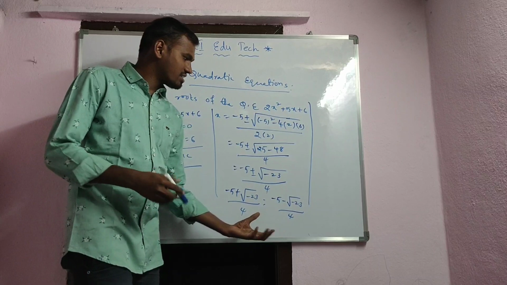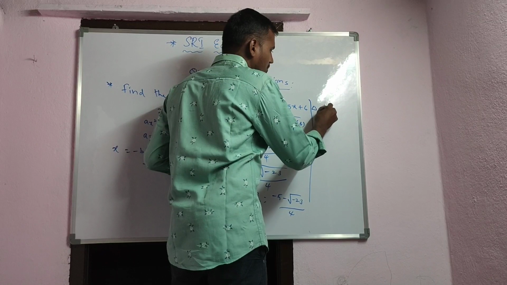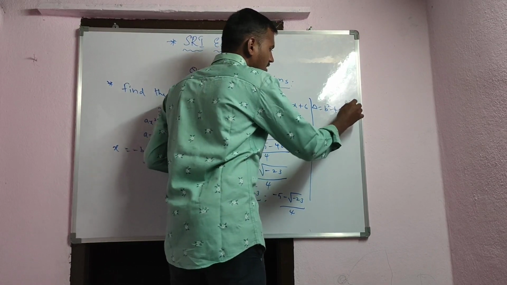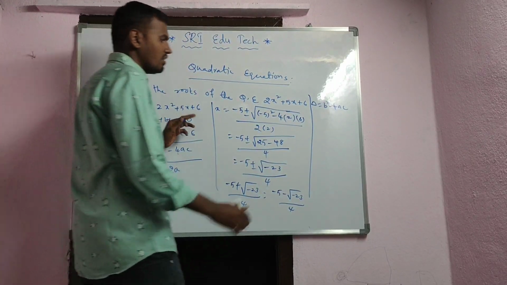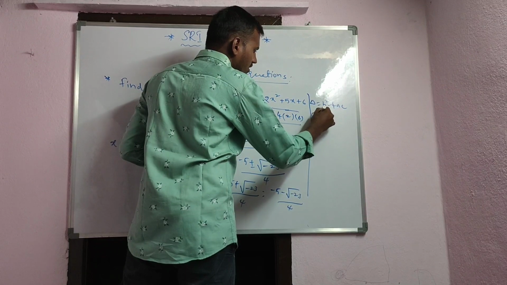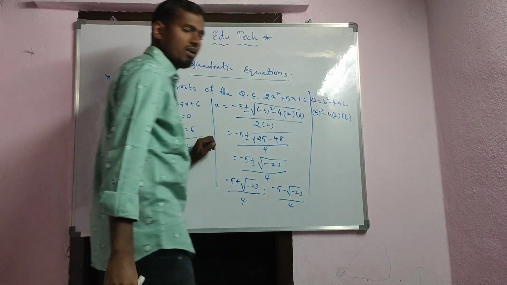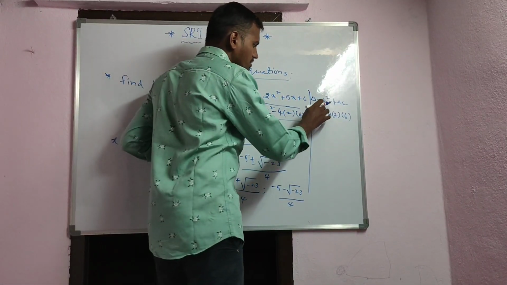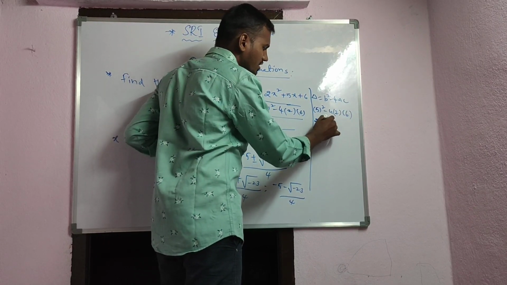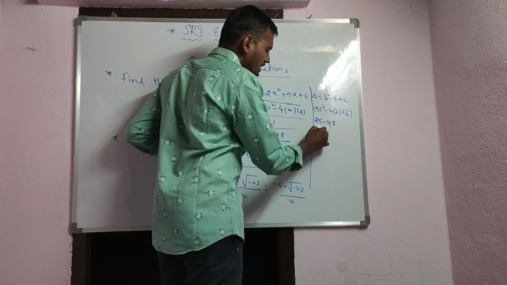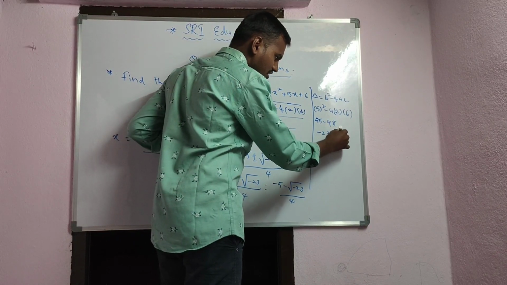Okay? So right, see, I'm checking it here. Then what you have? Discriminant, delta is equal to b square minus 4ac. Right? So what is b in this? b means 5. Okay? Right? 5 square minus 4 into a means 2 and c means 6. See, 5 square means 25 minus 4 2s are 8, 8 6s are 48. Then you have how much? Minus 23. 48 minus 25 is minus 23. It is less than 0.